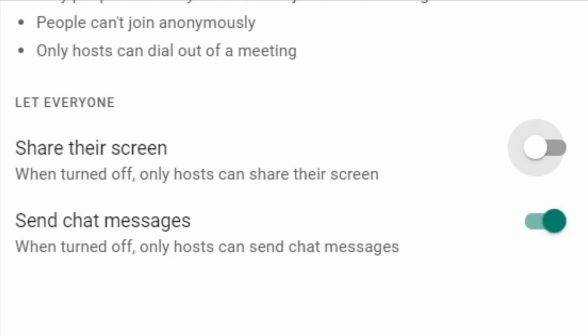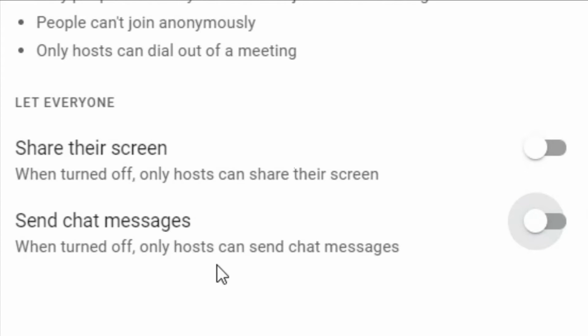Next one is most important. If you allow the students to send messages, they can send any kind of messages in the chat and that may cause a lot of disturbances. They may give some external links which will take the students outside Google Meet and will land on some kind of sexual abusive content or pornographic content site. So you can turn off this also.